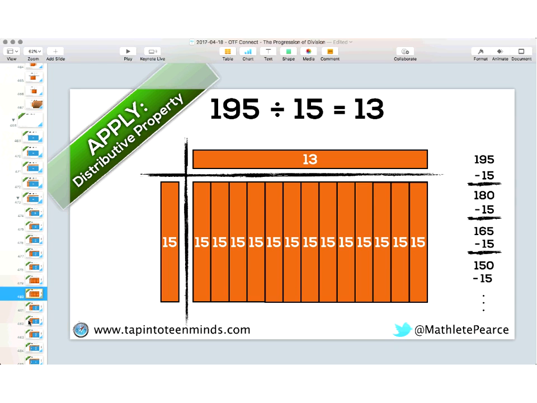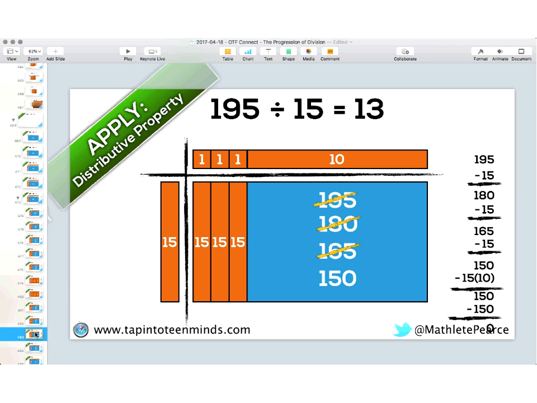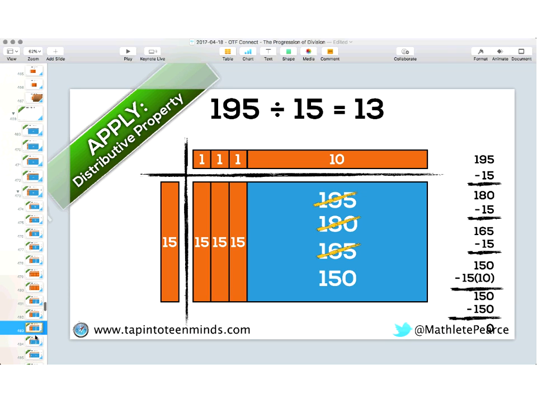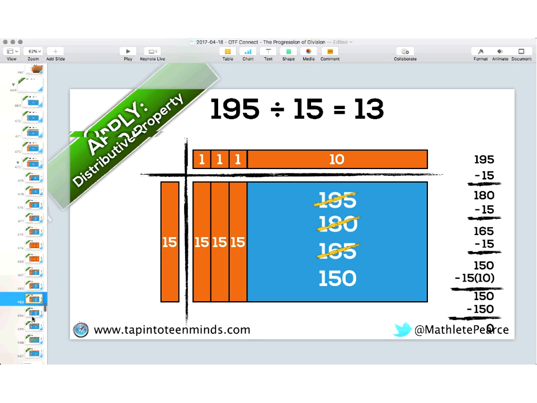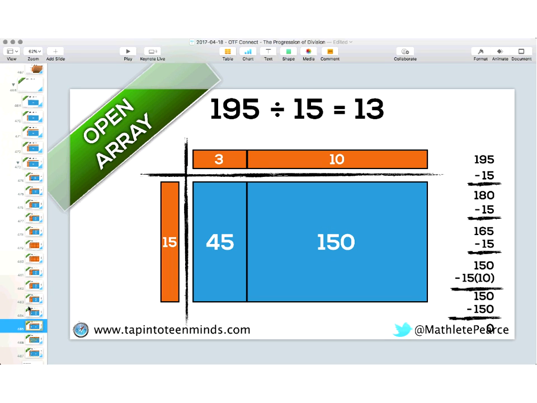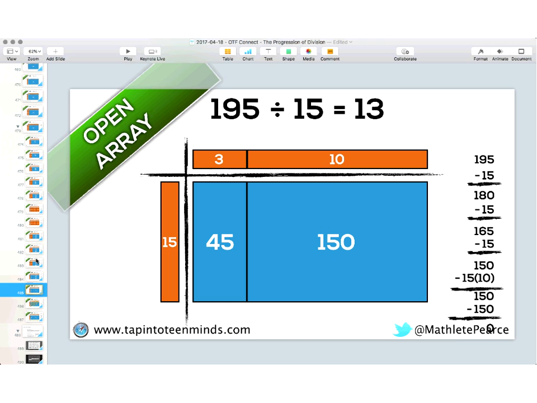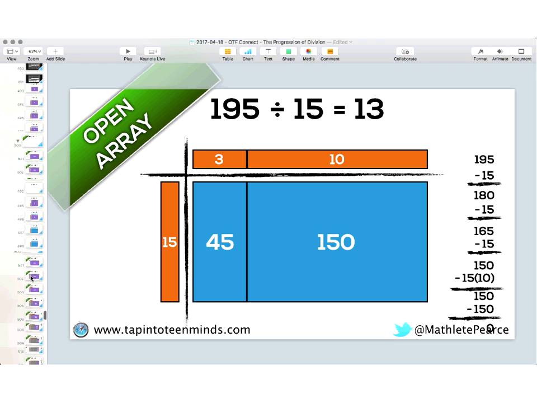But what we're hoping to see is students doing something like we just saw here, where maybe some students notice that there's a relationship with the 150. And if they subtract 3 15s, we're down to 150, so there's that 45 out of the way. And now we're down to 150. And I know that there's 10 15s in 150, and we're good to go. So some students might approach this in slightly different ways, and ultimately they're now more willing and able, or ready and able, to attack some of these problems a little bit more intuitively.